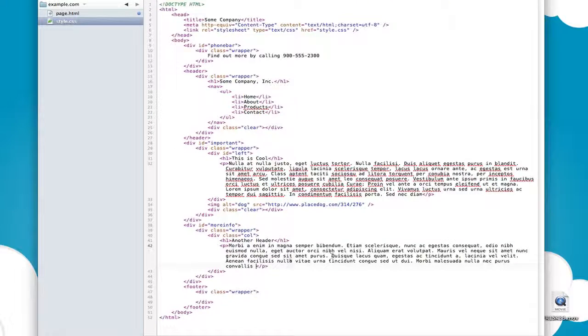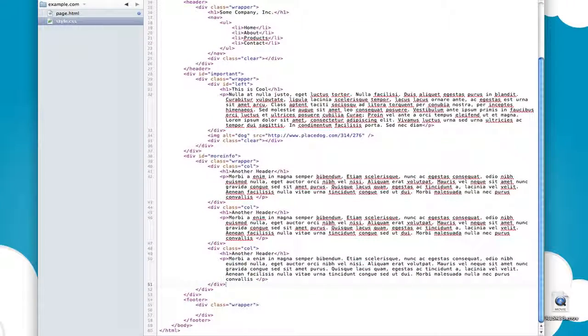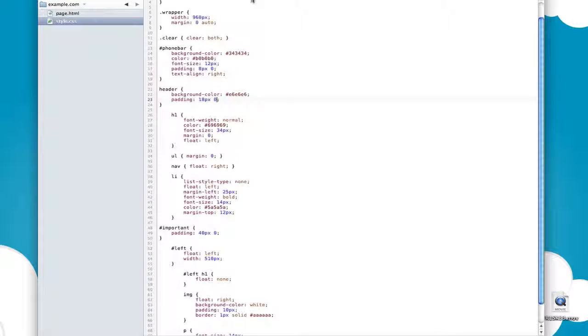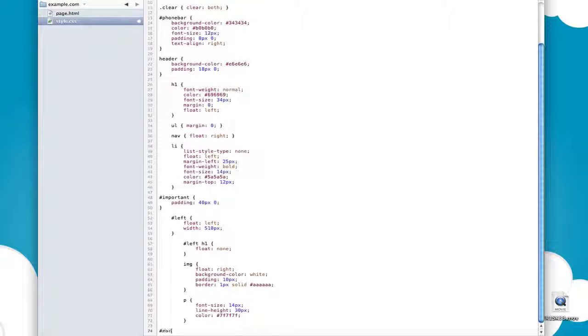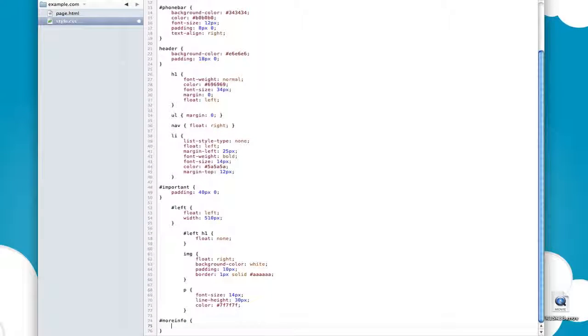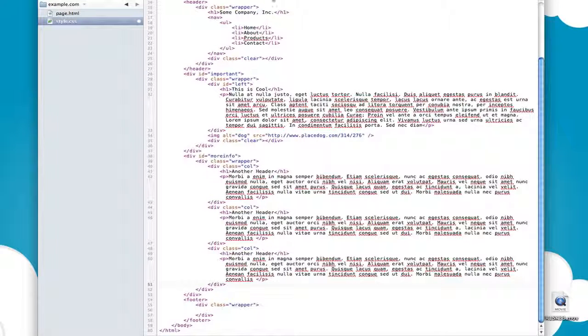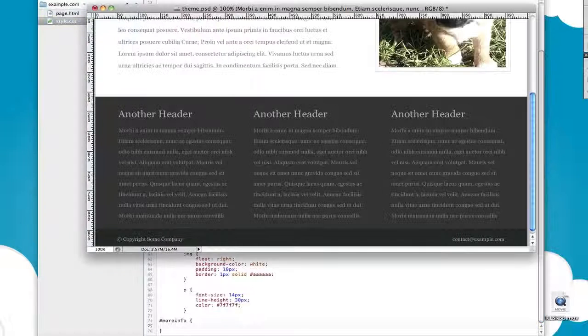And paste this in here. And I'm just going to copy this entire column 3 times because I have 3 columns. And now I can go in here and I'll call it more info. I think that's what I called it, right? Yep. And I'll give that a background color,